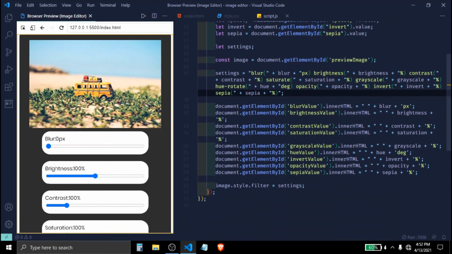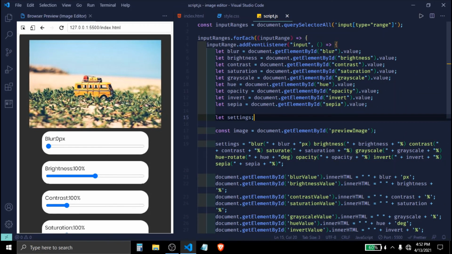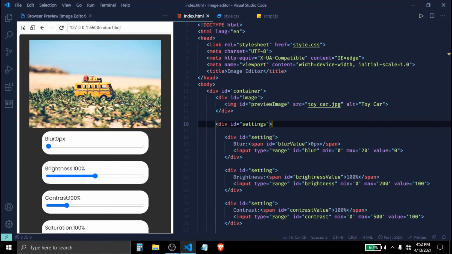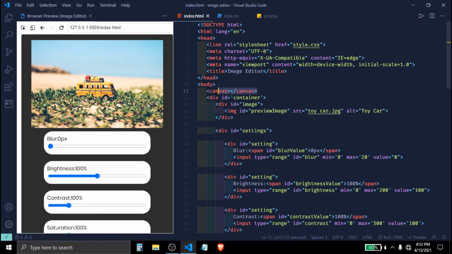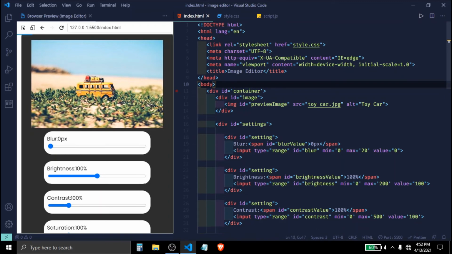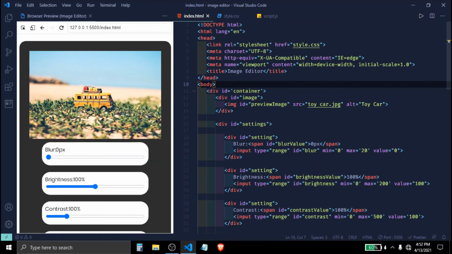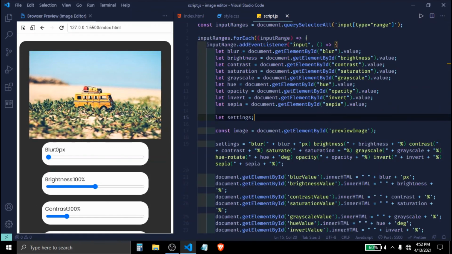So in this case, I have not applied this in my JavaScript, but I'm telling you the concept. The concept is you can have these canvas tags inside your HTML, and JavaScript can actually draw on a canvas. So if you make a canvas tag, then you can use JavaScript to draw something on it.